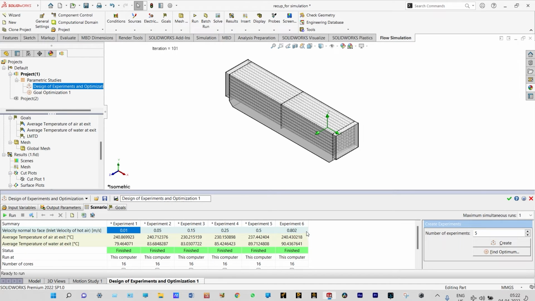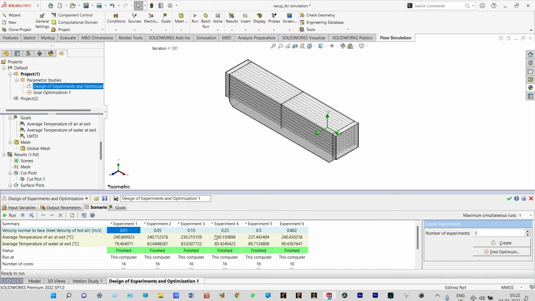We have undergone 6 sets of experiments, and you can see when the inlet velocity of hot air is 0.01 meter per second, in that case the average temperature of hot air at exit is 240.86 degrees centigrade, and that of cold water is 79.46 degrees centigrade. In experiment number 2, when the inlet velocity of hot air is 0.05 meter per second, you can see the temperature at the exit of hot air is 240.71 degrees centigrade, and that of cold water is 83.68